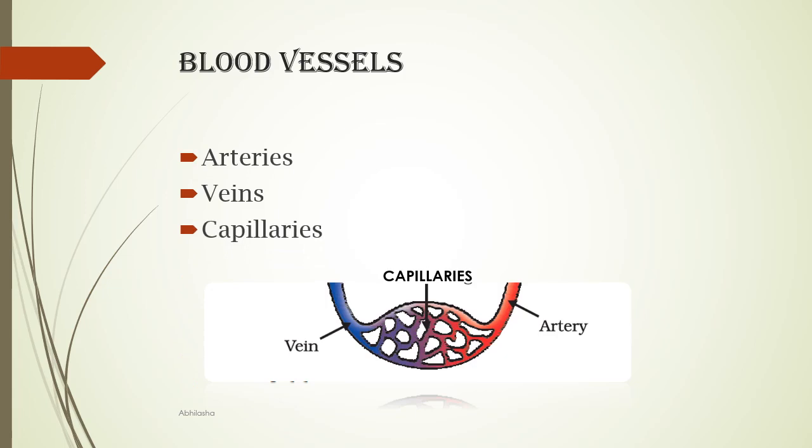Now you can see this diagram from your book. The arteries bring blood from the heart and divide into fine vessels known as capillaries. These capillaries help in the exchange process, and once the exchange is done, the veins carry the blood back to the heart. So these three vessels have their specific functions and their structure is designed to suit those functions. Now let's dive in and find out more about each of these.